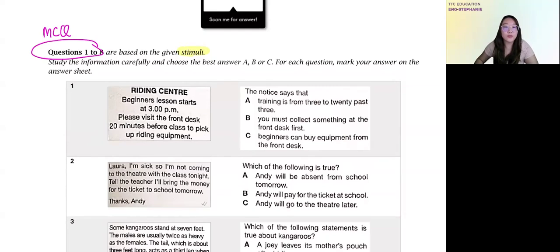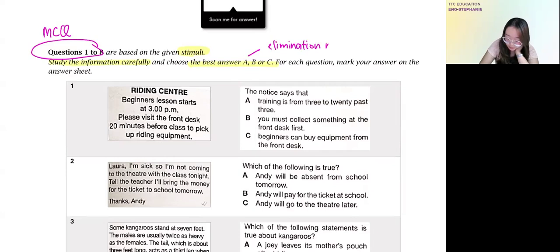I believe you are no stranger to that, but anyhow, all of them have the similarity where it's a bunch of words. You need to read the words to understand what it is about, and you have to check with the question and see what is required from you or what are the things that you need to confirm. Okay, so here is my small tips and tricks. Study the information carefully and choose the best answer for A, B, C. In order to choose this, you will need to use